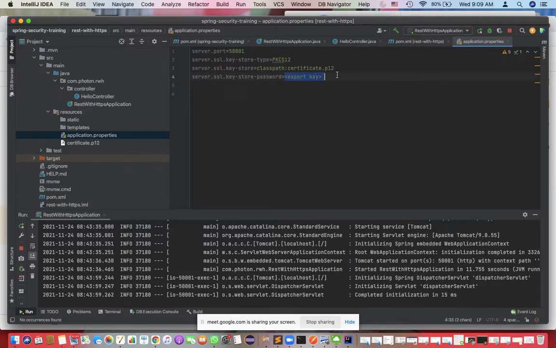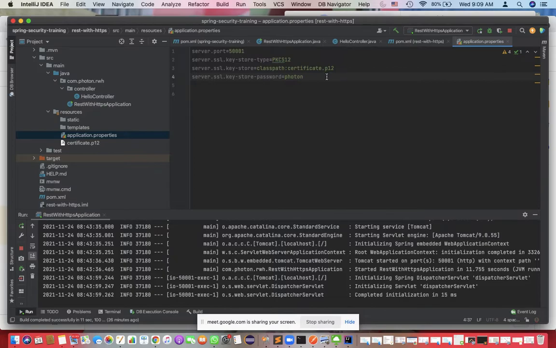My export key was photon. I'm telling that this is my PKCS12 format, and the certificate is there in the classpath:certificate.p12, and this is my password.